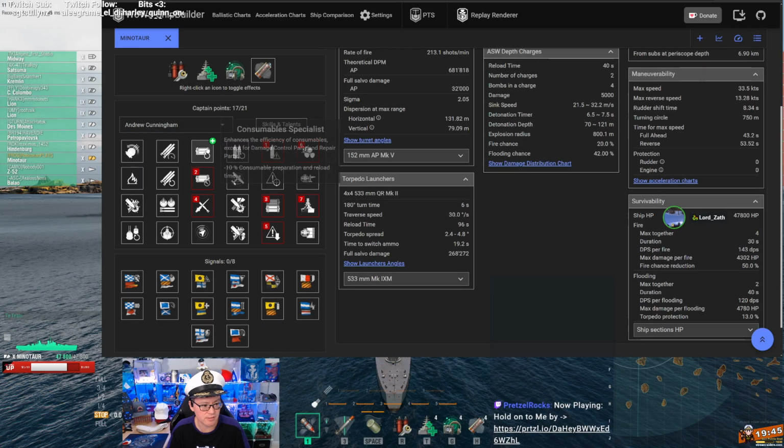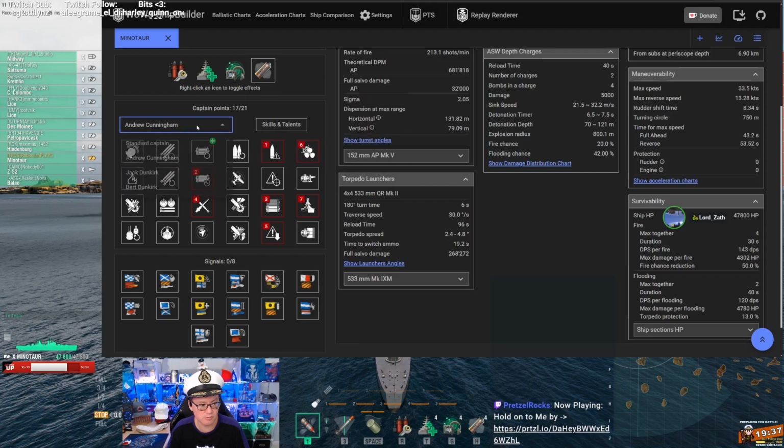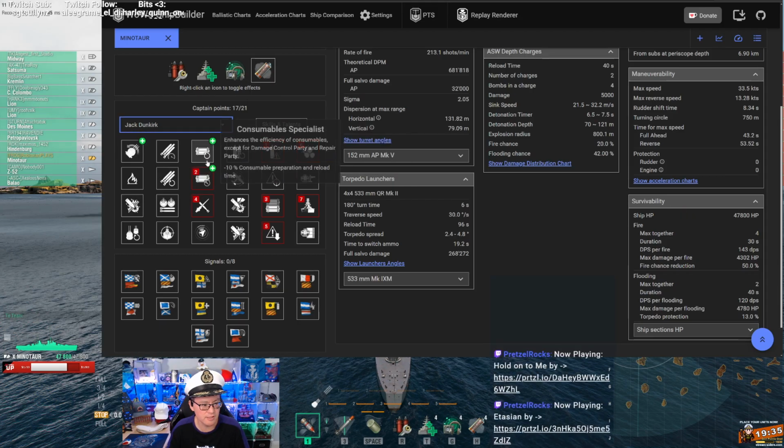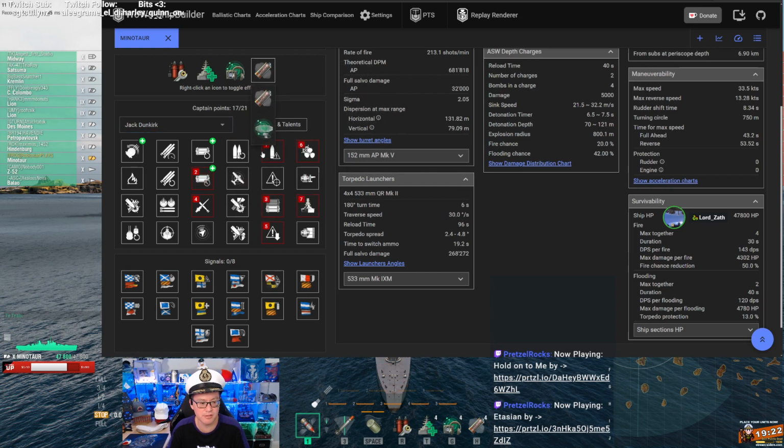Why? Because Cunningham, you get boosted consumable specialist, so this allows you to spam your radar and your hydro quicker. But Dunkirk does it even more so because now Dunkirk gives you boosted consumables enhancements so that your smoke or your radar lasts even longer. This is really, really handy paired with the radar. Okay? So that's why I recommend...